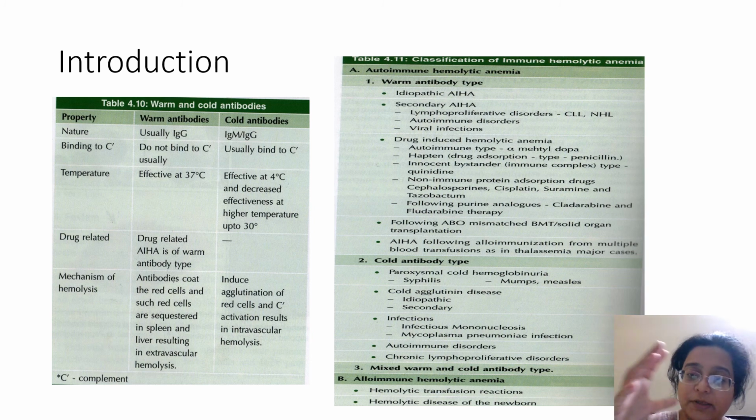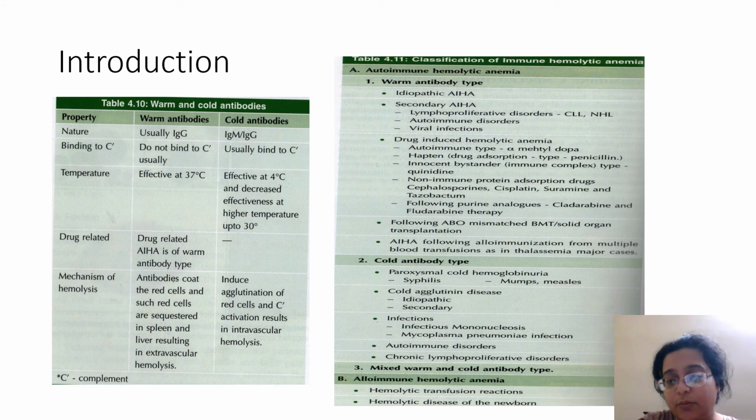One is complement mediated hemolysis, when the antibody binds to the RBC. The other is the cold agglutination, and the other is that when the antibody binds to the RBCs, they get aggregated and clumped because of antibodies sticking on their surface, and then they go to the spleen and get caught in the splenic meshwork, and there they get destroyed. So one is a kind of extravascular hemolysis, the other is intravascular hemolysis.